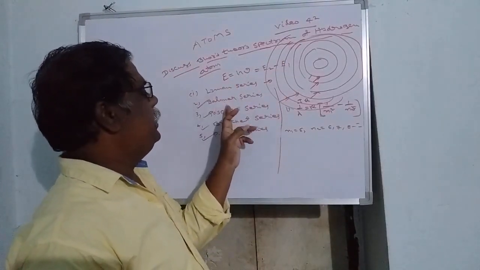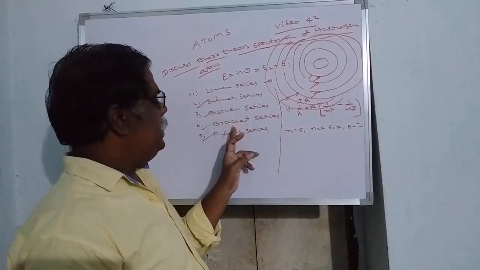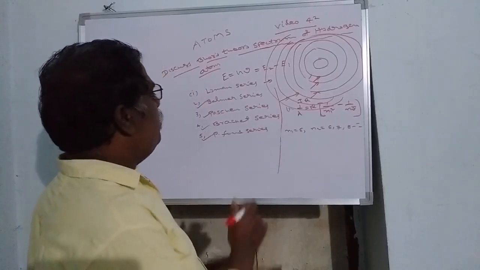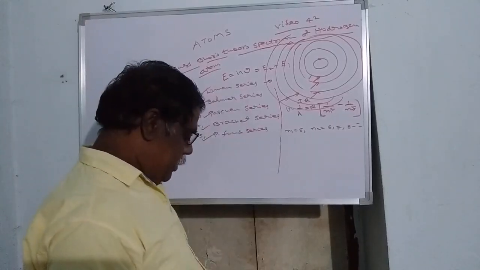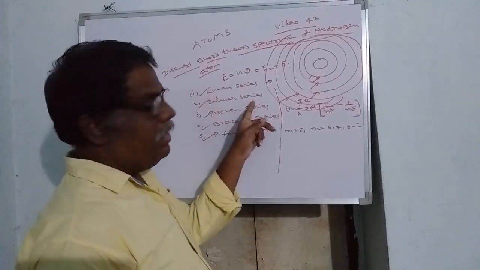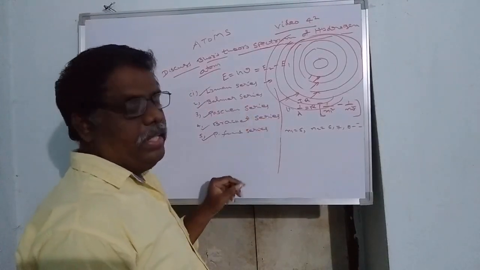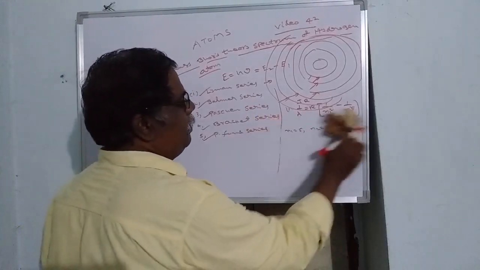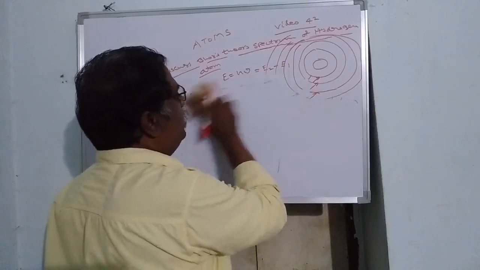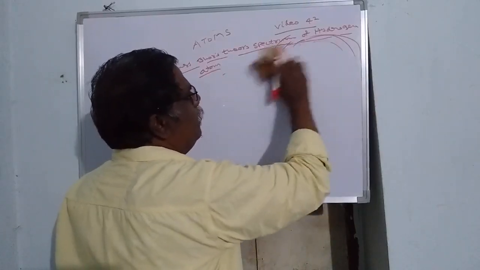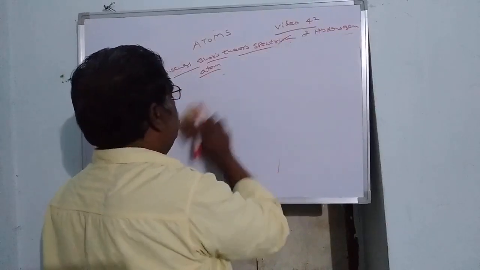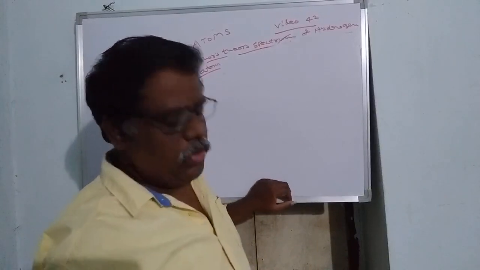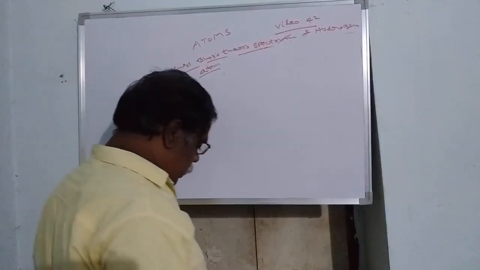The first one is the Lyman series, Balmer series, Paschen series, Brackett series and Pfund series. The Lyman series belongs to the ultraviolet region, the second one is the visible region, and the remaining three belong to the infrared region. This formula is nothing but Rydberg's formula. We have to solve some problems on this formula. In last year's public examination, a 4-mark short answer question came from this problem. So note down the problem.